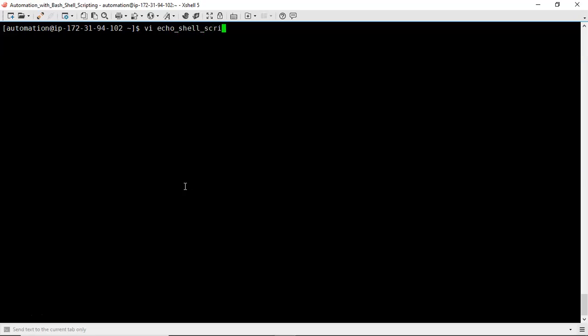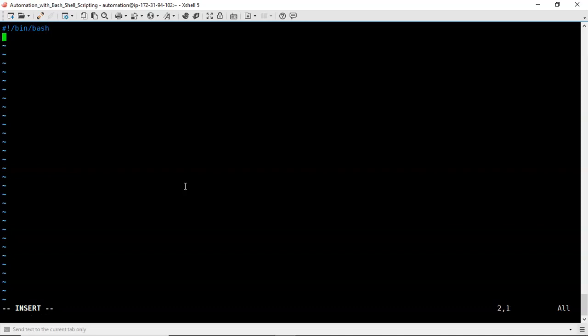Okay guys, finally let me write a simple shell script with the echo command. echo shell script .sh. So first #!/bin/bash, echo, I am writing welcome to shell scripting. Then I want to write echo with colors. Then \033, let me take thick color, let me take 31m. Guys, after m, if you provide some space, that space will be preserved in your output also. That's why immediately after m, I am writing the message.